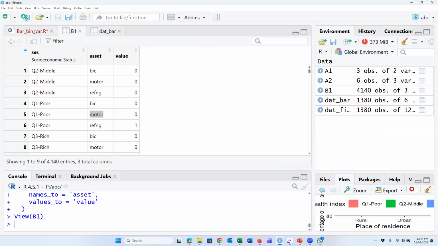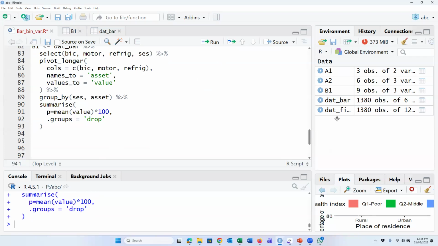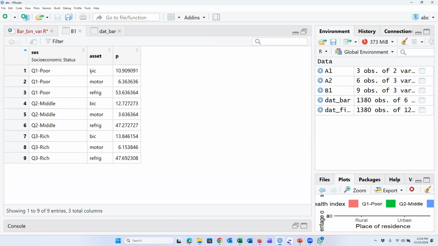This is the common value 0, 1. Times 100 because we will use percentage now. Group will be dropped. Drop. So if we run, no error. So yeah, this is our summary table. Bike, motor, fridge, bike, motor, fridge, bike, motor, fridge. Poor, middle, rich.